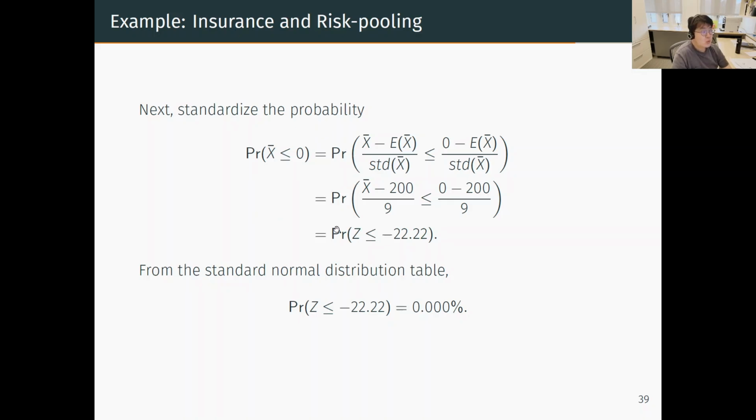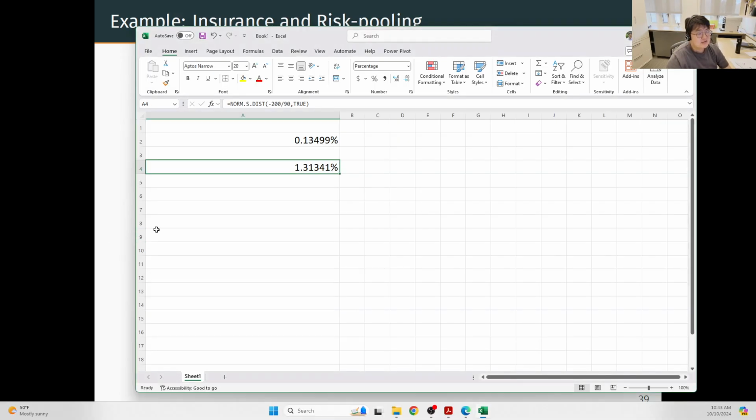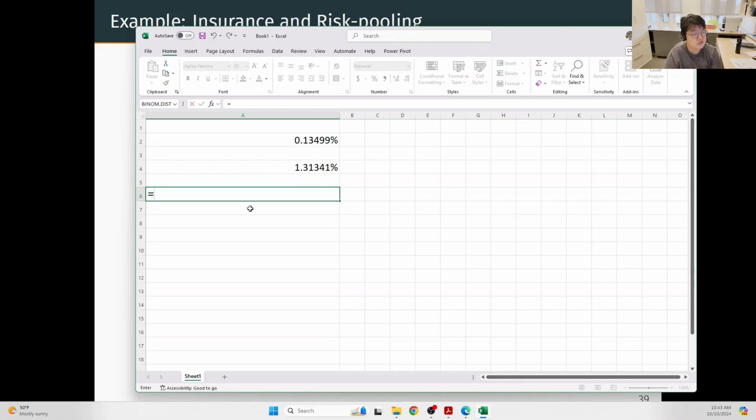And then we get this, right? Standardization as usual. Of course, the left-hand side is z, but the right-hand side needs a little algebra, which is now minus 22.22, and so on, like infinitely. And then if you find it from the normal distribution,